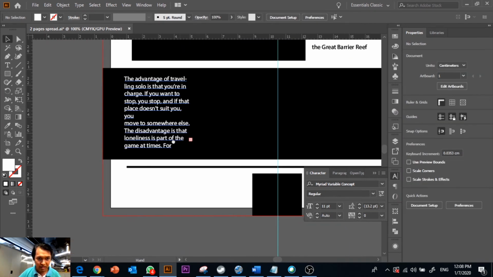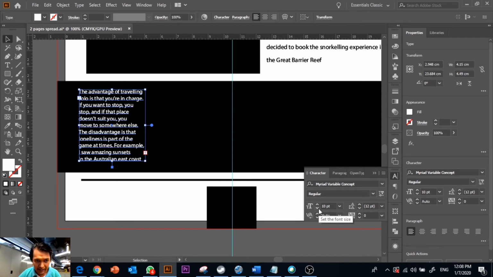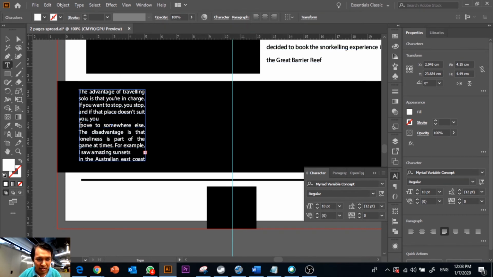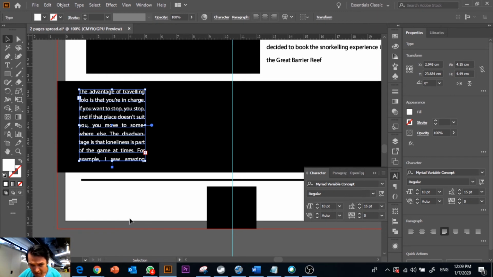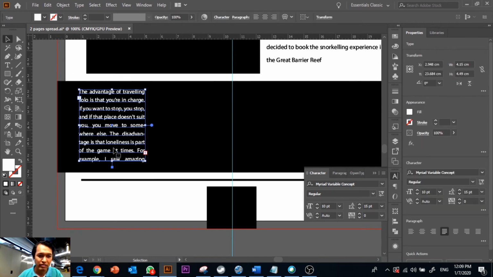Okay, since this text is quite big, I'm going to make it a little smaller, to 10. Then set the paragraph to justify with left aligned to make sure everything is okay. Maybe the text is quite cramped, so I'm going to increase the leading a little bit to 15, and then okay. So in order for you guys to make columns without creating a lot of these